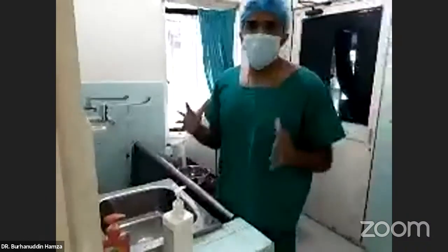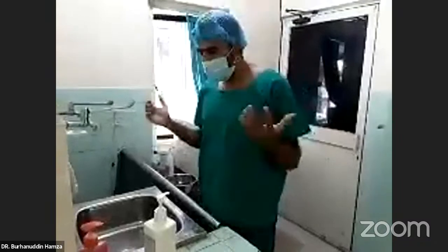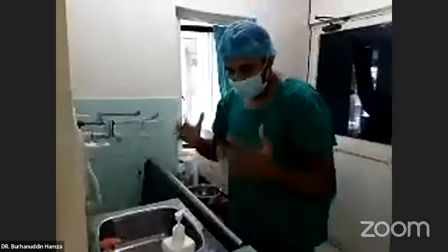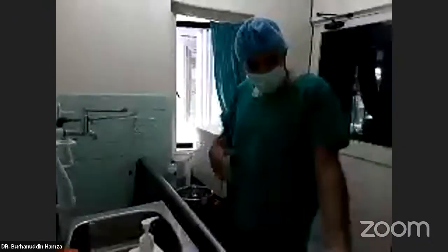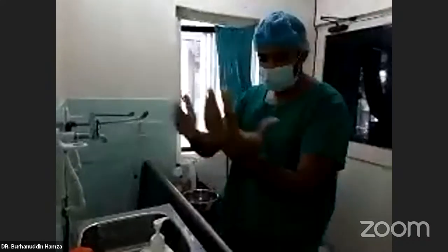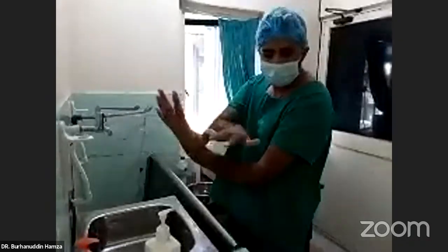So they usually say you need to have washed your hands for at least around 5 to 7 minutes. So I will show you how it's done. Now, a very important thing: as soon as we come here, my hands should not go down, because these are the most sterile areas. This also is sterile as compared to this thing. So they always have to be in this position, because after washing, the water has to drip